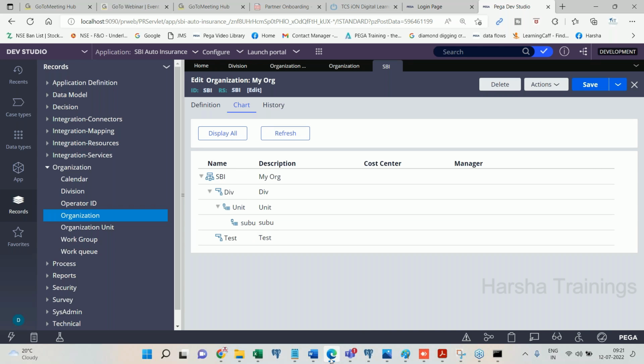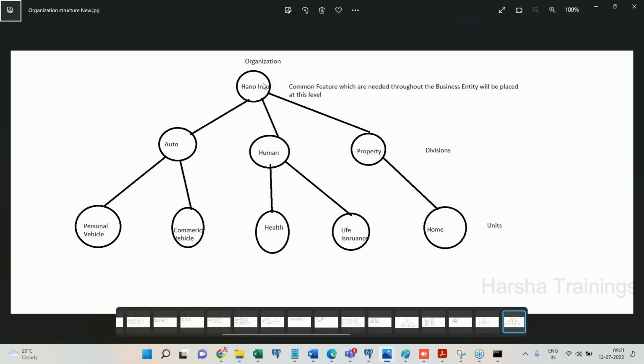Now look here. The organization has divisions. Divisions have units. Units can have subunits, and maybe more levels. You can take it forward as per your business structure. See here now, the organization is the topmost business entity. In the example diagram that I am showing you, Hanover Insurance is the organization. Under the insurance organization, we have